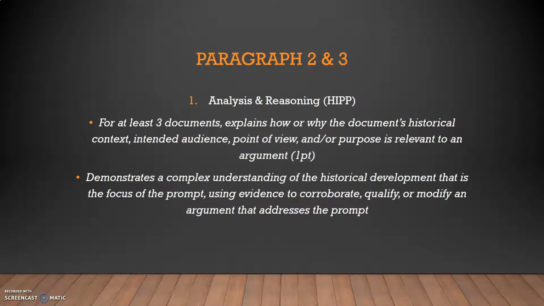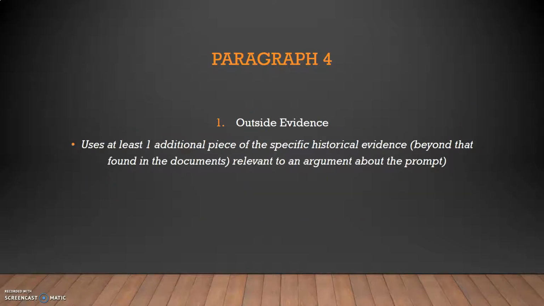Analysis and reasoning. Your analysis and reasoning should also fall within those second and third paragraphs. The analysis and reasoning point is your HIP as well as your complexity. It should say 1 point right here, but there's 2 points you can earn for analysis and reasoning. So again, for completing HIP for 3 documents, whether that's the historical context for one, the purpose for another, and the point of view for a third, you get that 1 point. And then the complexity point is also another point that you can earn that falls within this category and would usually fall within your second and third paragraph, but can also fall in your fourth paragraph, which is your outside